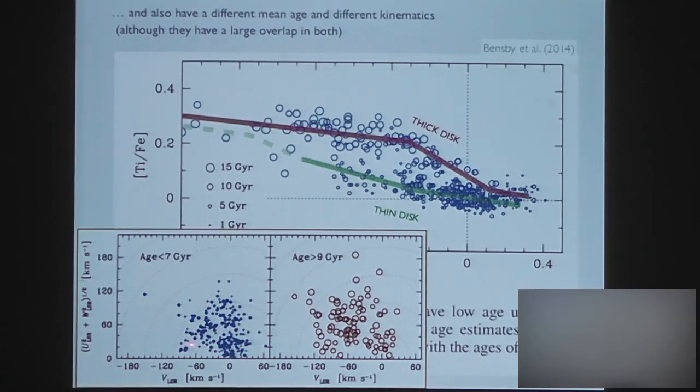And just few of them had a more disordered motion. Instead, the older stars not only defined a higher sequence in alpha, but also have higher transverse velocity and smaller rotation velocity. Of course, and this is important, there is a large overlap between the two. You don't see the stars only up here and the stars only down there. There is a large overlap, and this is very important to